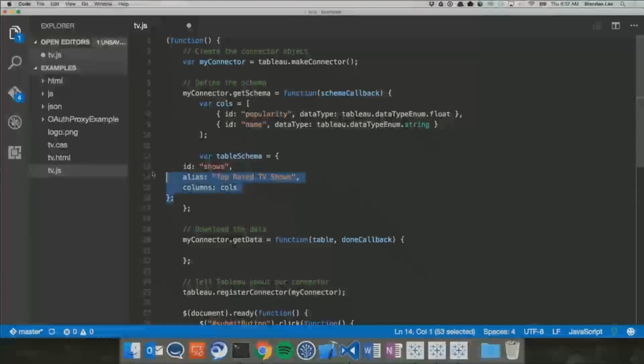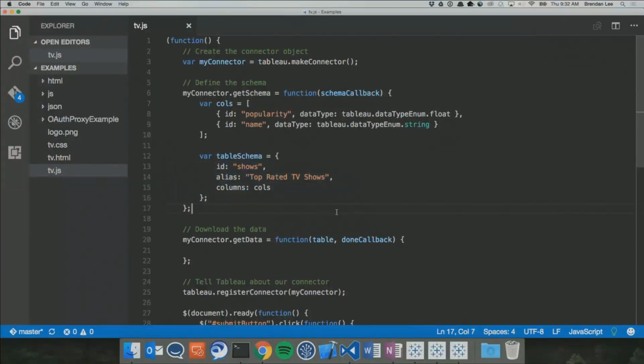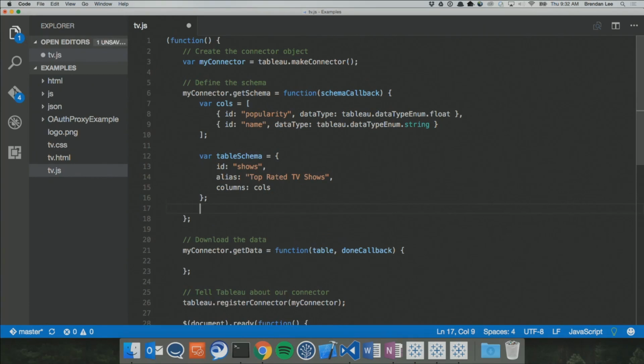All right, so now that we have our table object, the last thing we need to do is send that information back to Tableau. The way we do this is through this passed-in function. If you haven't done much with JavaScript, this might look a little weird, but this is a very common mechanism in JavaScript.